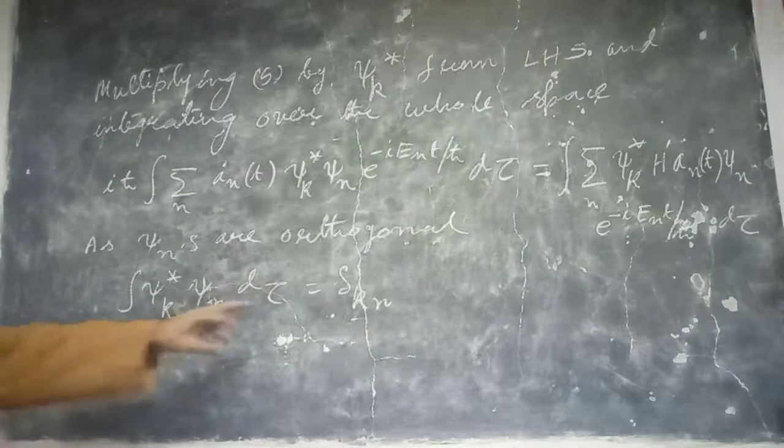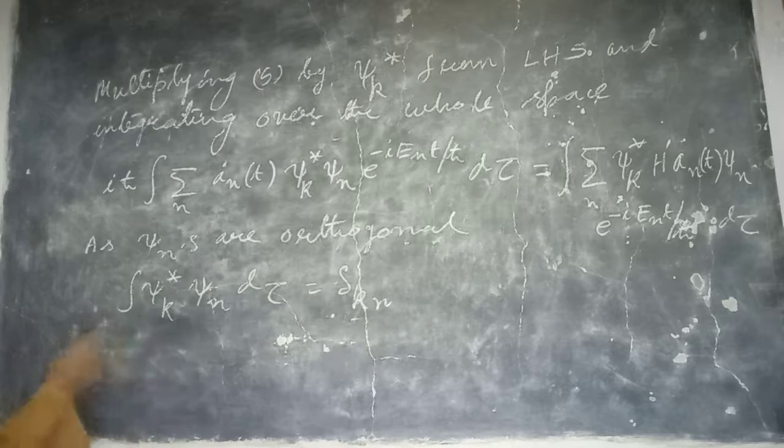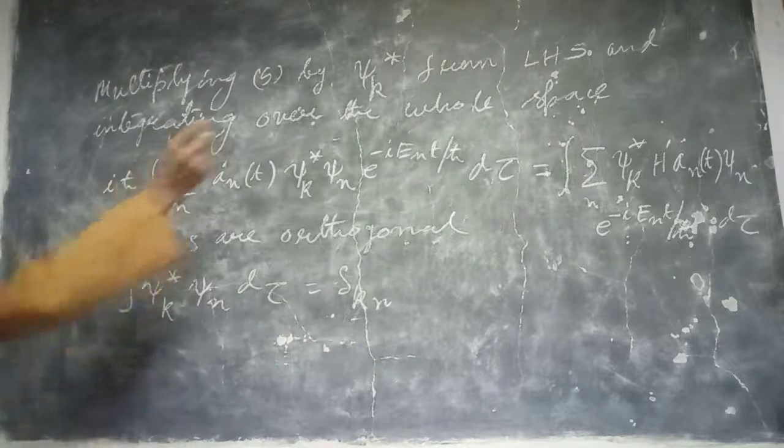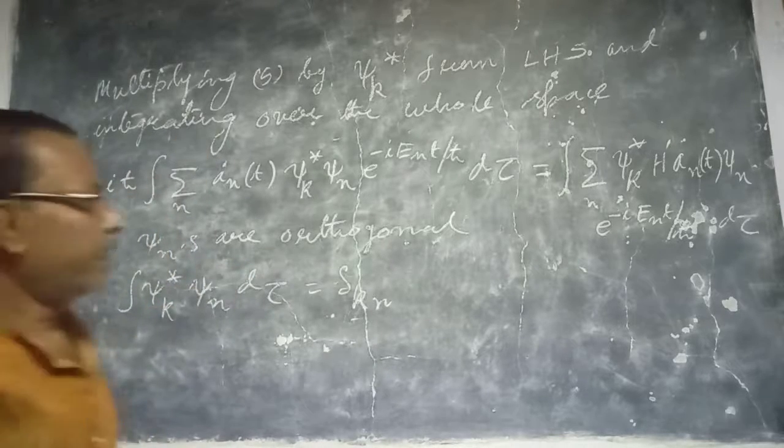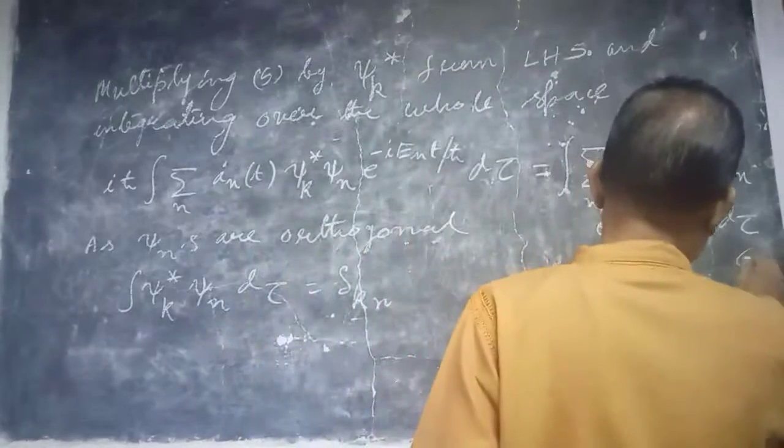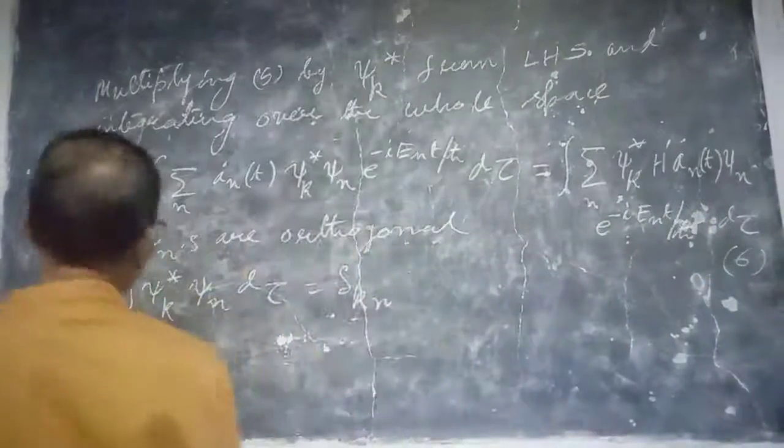When k equals n it is unity, otherwise 0. Therefore, in view of this, this equation, suppose equation number 6, becomes